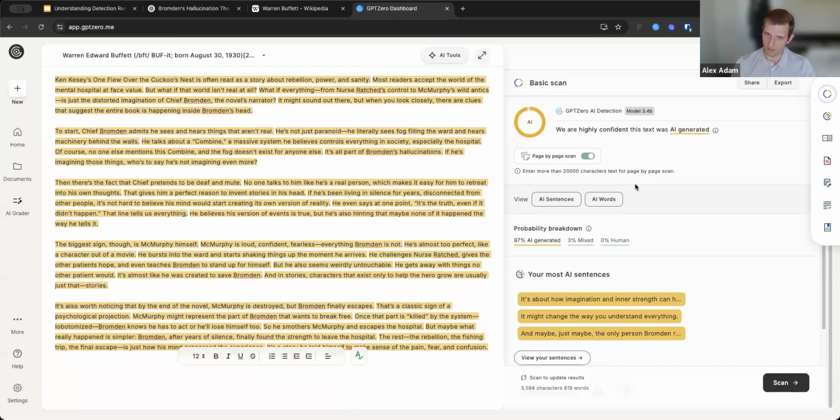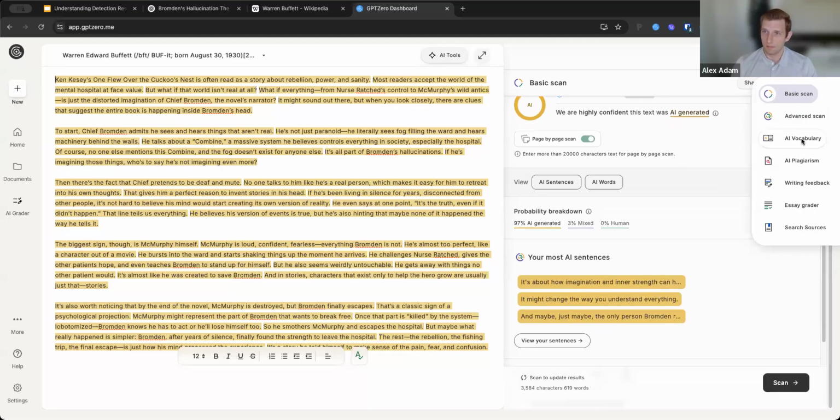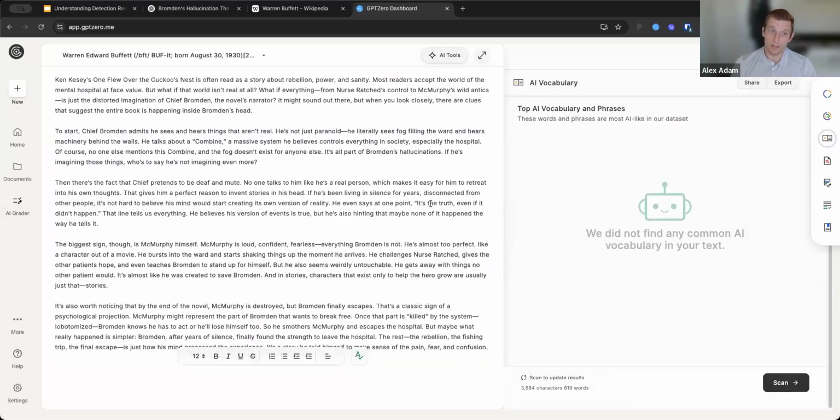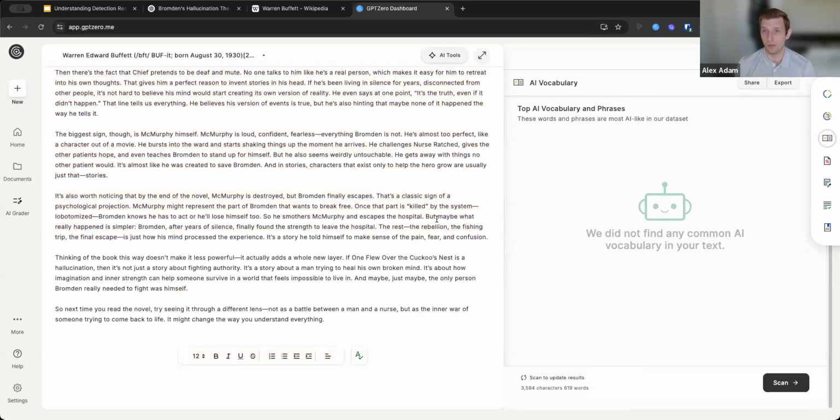Cool, so this one works basically just as well. Instead of 98%, we're down to 97%, not a big deal. I'm not sure if the vocabulary has changed here. In this case, I explicitly told it to avoid using phrases that LLMs tend to overuse, and it did so. So obviously, if you just come up with a detector that's based only on detecting these phrases, like maybe some of those stylometric features we were talking about earlier, it's not going to be very effective. But our model doesn't only look at that, it looks at a variety of different things.